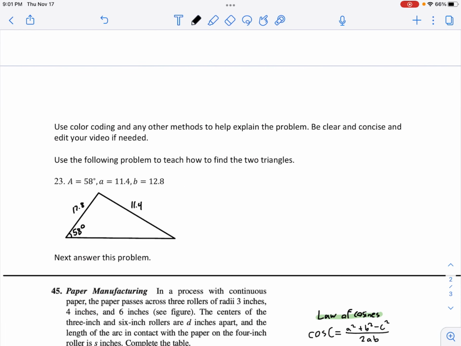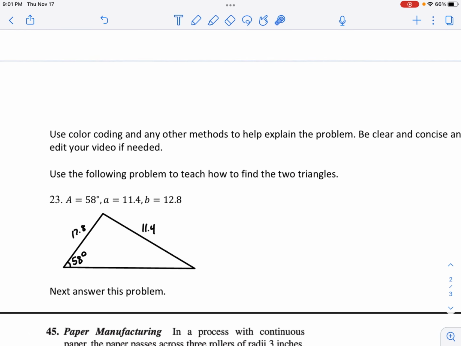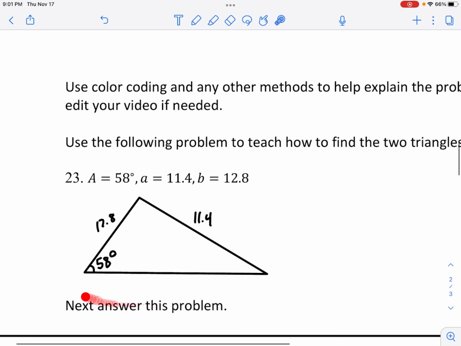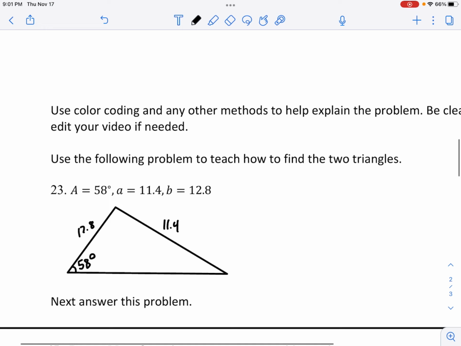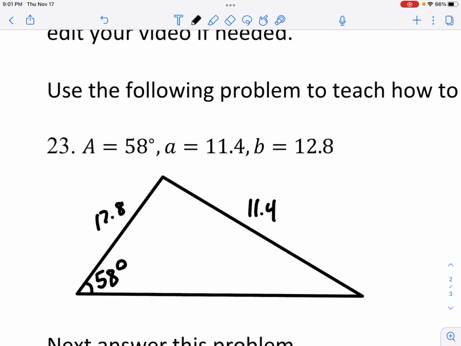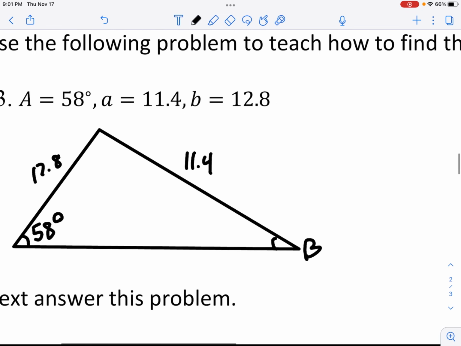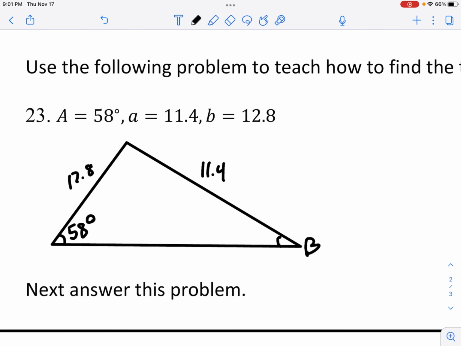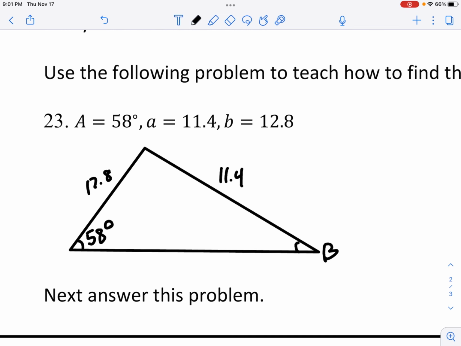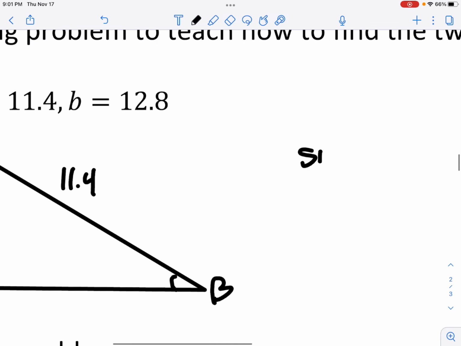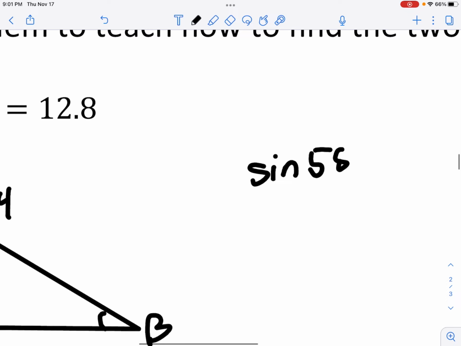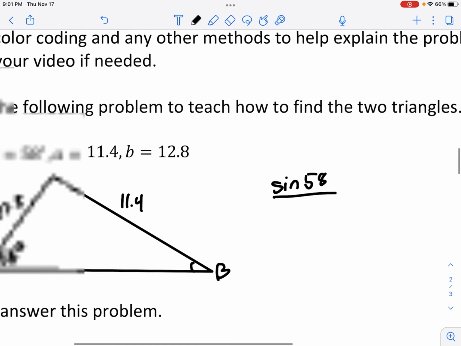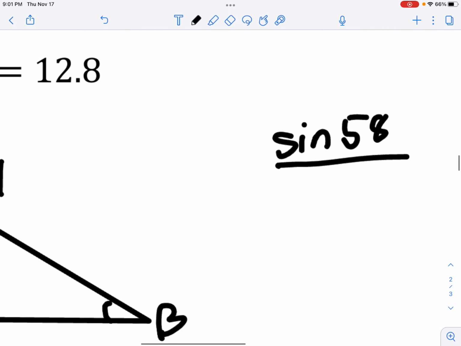Okay, so now we're going to solve this problem right here, this one. First, we can start out by solving for the angle of B. Because we have two a's, we can find the angle of B. So sin A, which is 58, over the length of a, which is going to be 11.4,